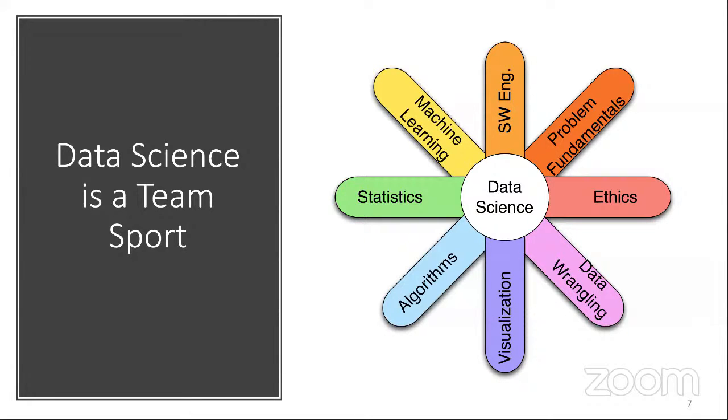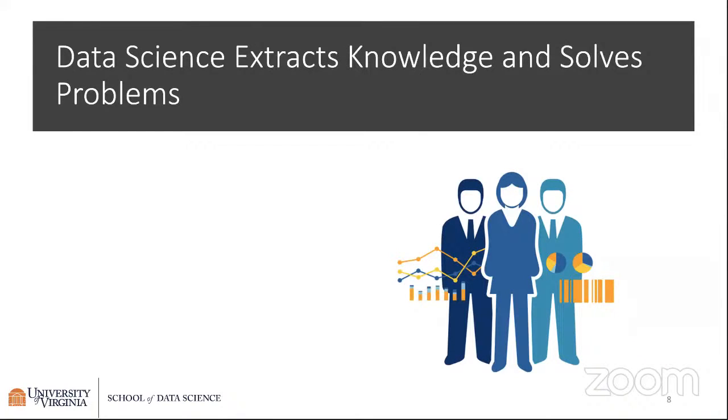That's at the heart of a lot of what we think about in data science: this notion of bringing together these different fields in order to solve the problem. The other aspect, as I say, is the solving of a problem. We need to solve a problem. One version of it is extracting knowledge in order to solve a problem. But fundamentally, once you understand that it's this interdisciplinary approach focused on a particular problem, this is a very application-oriented field. The question then is, how do you do it? How do you go about doing this?